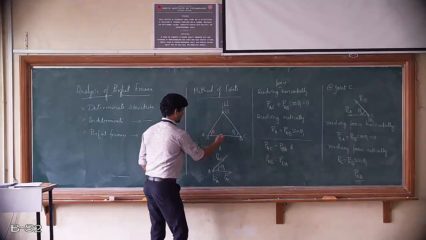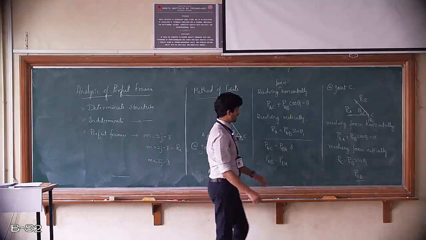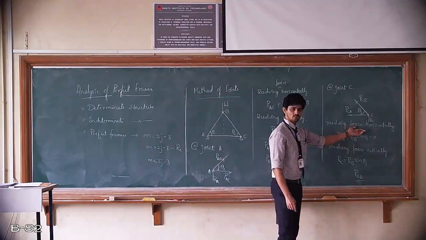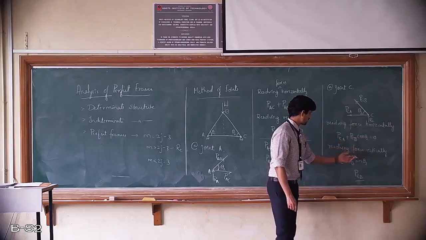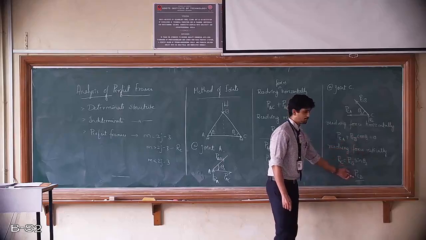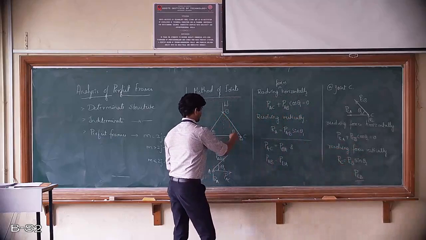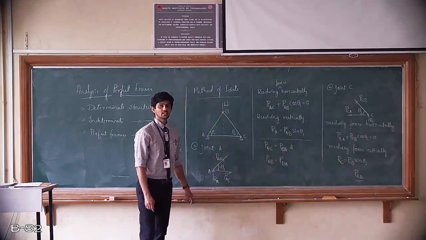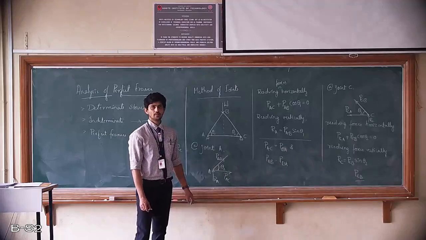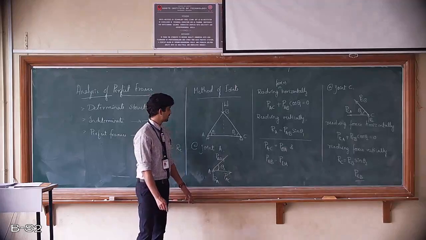So this element we have resolved. The only element left was this. To find that, I have considered again the horizontal forces, which is not necessary, but by using vertical forces I can find PCB. So I will get BC forces. So this is how we deduce the forces acting on each structure using method of joints. I hope this is clear.